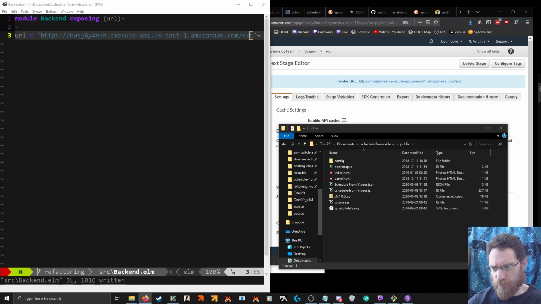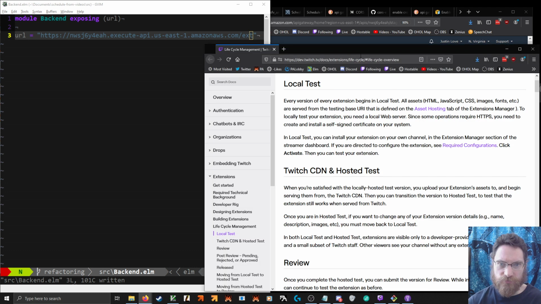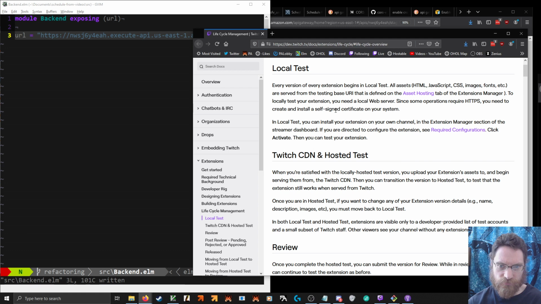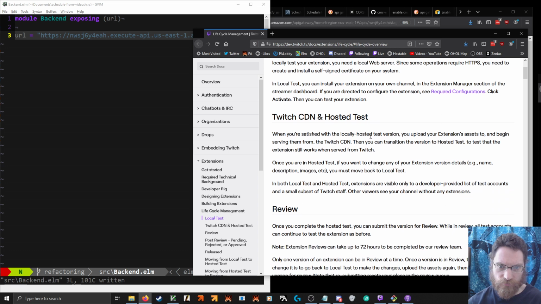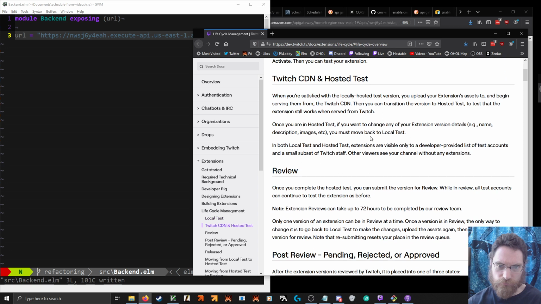Base URI shouldn't matter. Unless it's just like slash. Lifecycle. From the base URI. Once you're in hosted test, you want to change any of your extension version details.